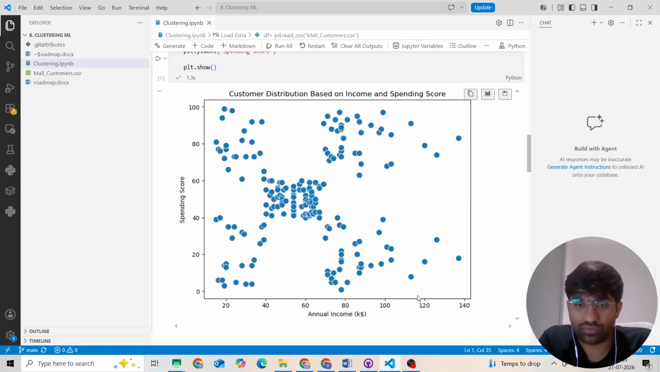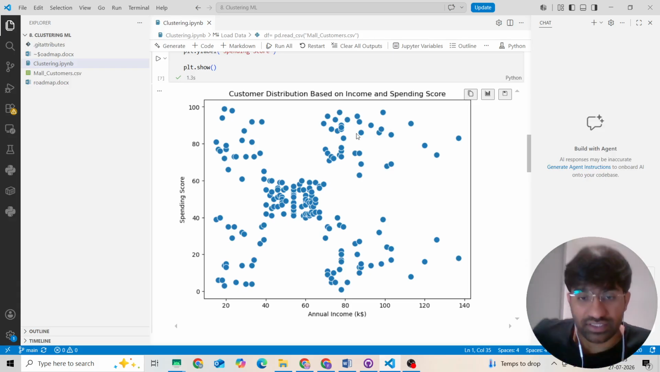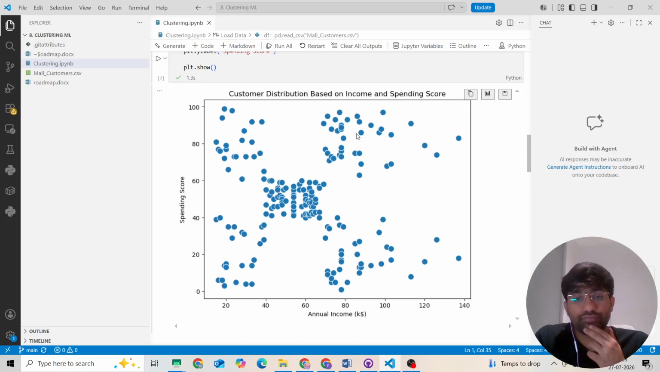And now, if you see, high income, low spending. For these points, income is between 80 and 140, but spending is less than 40. So high income and low spending, we can form another cluster. Then high income and high spending: we can group these data points, and this forms one more cluster. So in this data set, we can approximately form 5 clusters, which I am predicting from